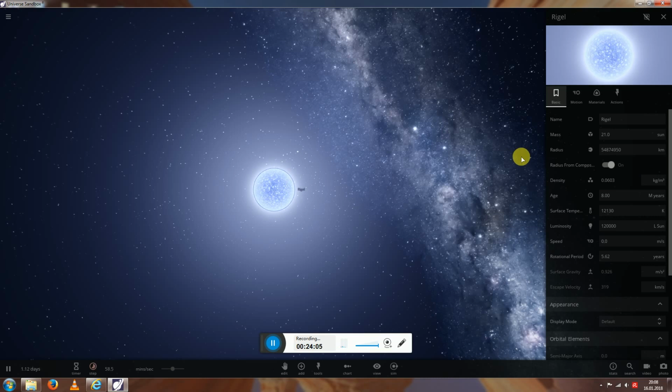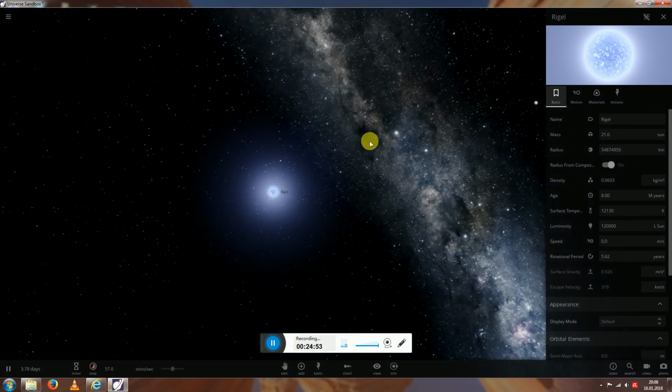Stars like our sun end up as a planetary nebula. Okay, I know it says planetary in the name, as in planets, but a planetary nebula that forms from a star has nothing to do with the kind of nebula that I talked about earlier in this video. Basically a sun-like star puffs out its outer layers, forming this planetary nebula and leaving a white dwarf behind. However, larger stars like Rigel over here